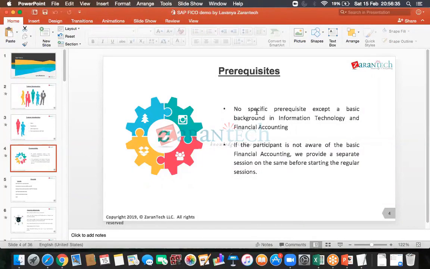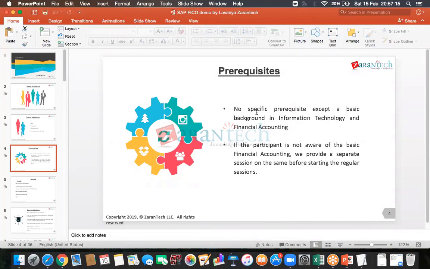See, normally what happens is, this is all about finance and accounting, right? So what usually the participants think is they have to have a basic background in financial accounting. But to be honest, even if you are unaware of even the basics of financial accounting, like if you do not know what a debit is, what a credit is, how to understand a journal entry, you need not worry at all, because we have so many participants who are entirely from a technical background, who do not know a journal entry, how to post it, how to understand it, what a debit is, what a credit